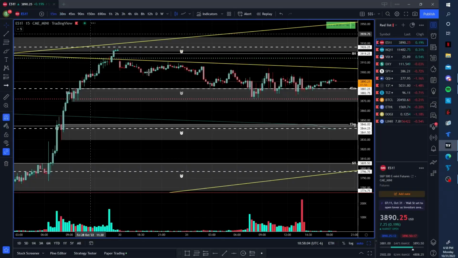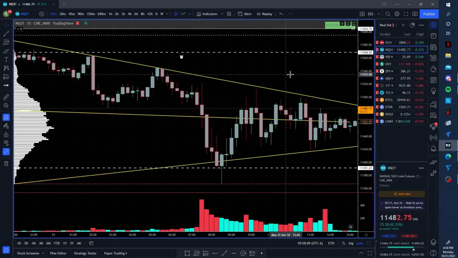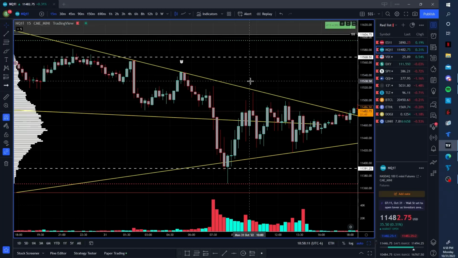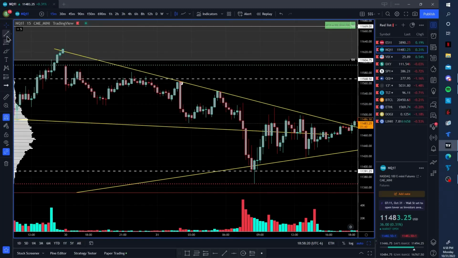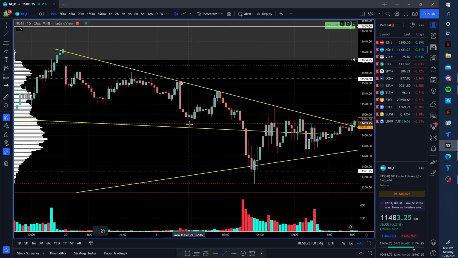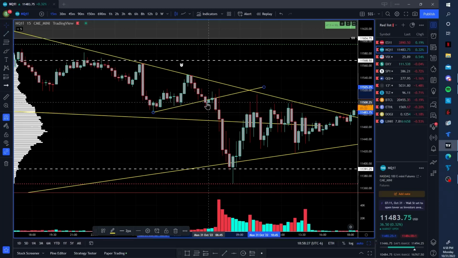So we go down to the 15-minute, not on ES, on NQ. And so here's what we got. Remember, we were looking for bounces on NQ at 11450 to 11400. So my first trade I took, I actually shorted in the pre-market into open. I saw this right here, and I shorted the break and hold of the trend line. So I shorted right here at about 11,500. I think it was more like 11,495, kind of right in this area,